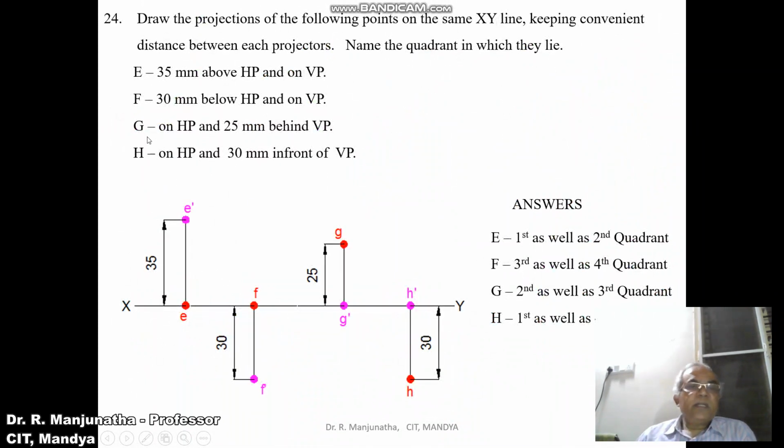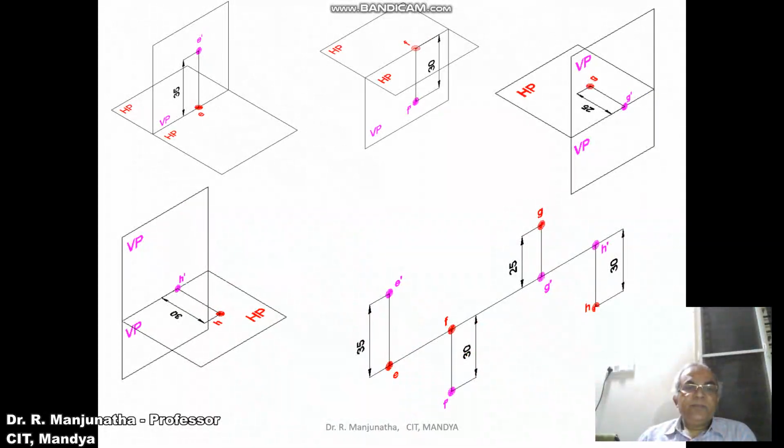Now we are going to consider capital G, on HP and 25 mm behind VP. Behind VP conditions will be there in the second as well as the third quadrant. This has to be analyzed only because if the points are on HP or on VP, then only we are going to get two quadrant systems. Now we are going to take the third